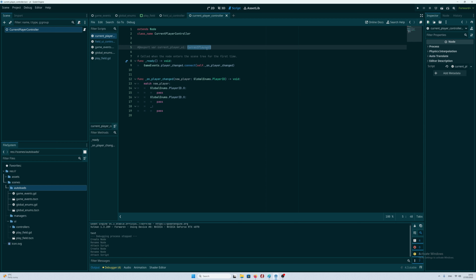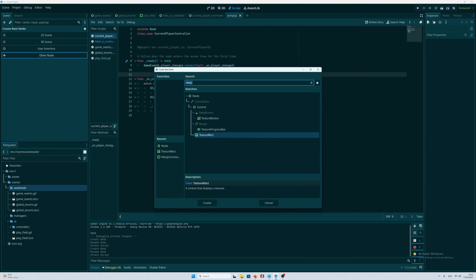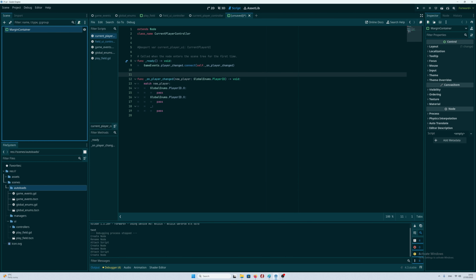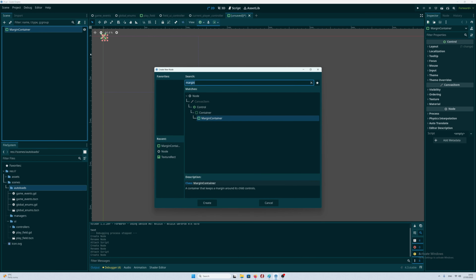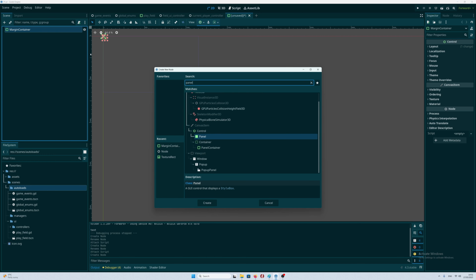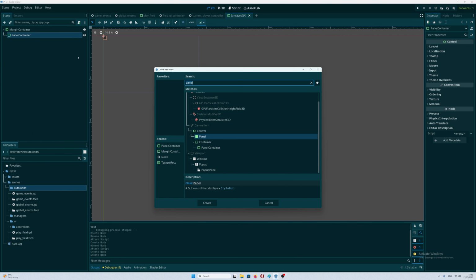We now need to create a player UI for displaying, and then we can use it in here. It's gonna be a margin container again, although it could be basically a container panel, whatever. Let's do panel container. We add label,